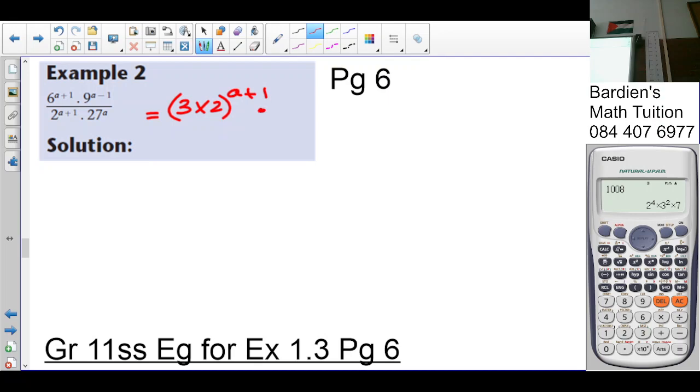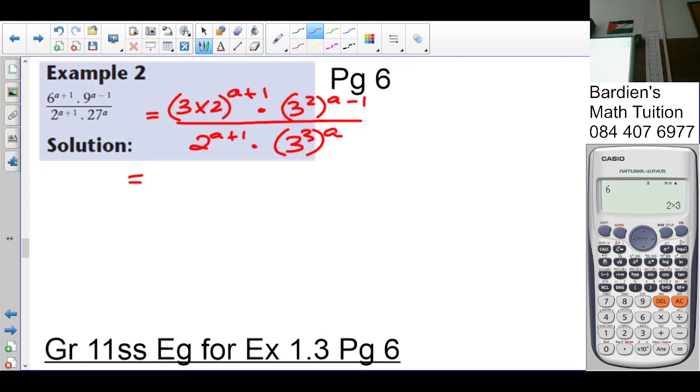Again, if you don't know how to do that, you just press 6 equals, shift, factorize. It's 2 times 3. Okay. 9 can be written as 3 squared raised to the exponent a minus 1. This is all over 2 to the a plus 1. And 27 can be written as 3 cubed raised to the